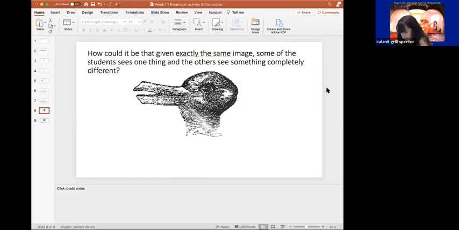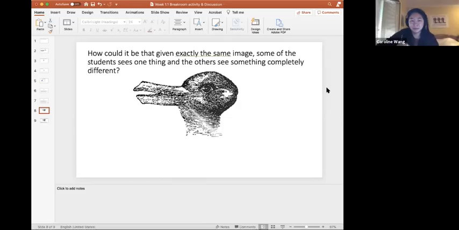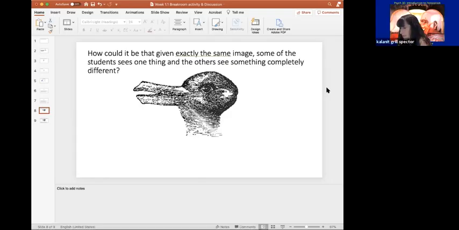So Caroline. I feel like this one might be more based on people's experiences. Like if you're in an area with a lot of ducks, as opposed to rabbits, you might think immediately that this is a duck. And if you're a rabbit person, you might see this as a rabbit. Okay, so you think it's your experience. Maya, what was your response?